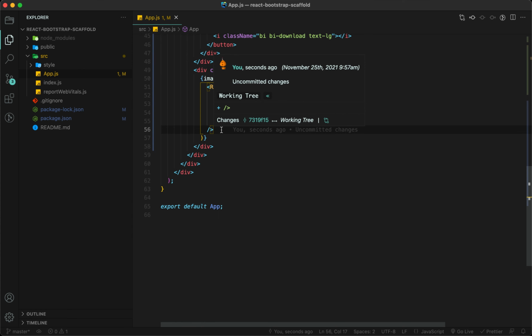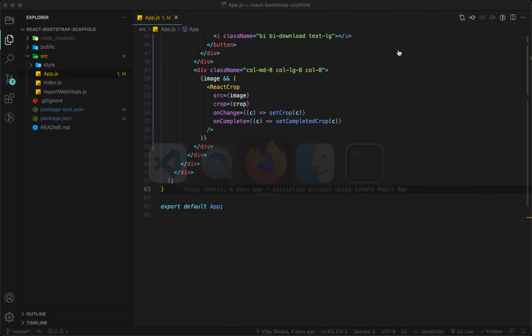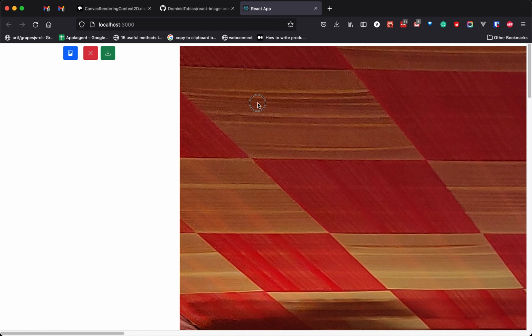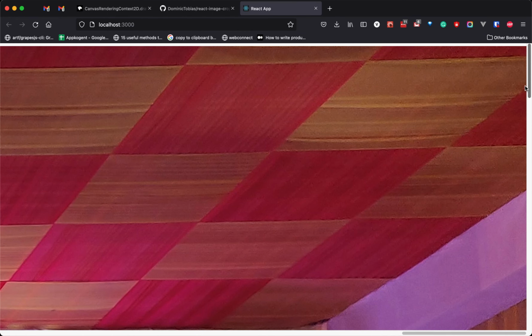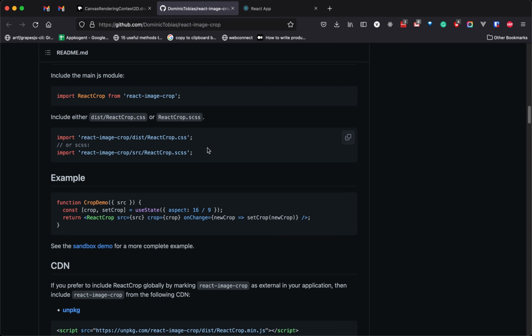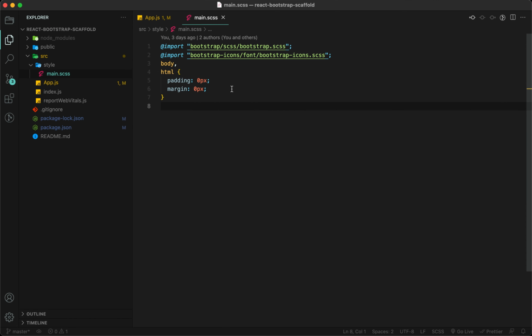Let me see how it's going. What we have built now: we have the image selector here and I have selected the image. I think I haven't added the CSS yet. Let me add this CSS. I have created our main.css file, and I forgot to explain it here.